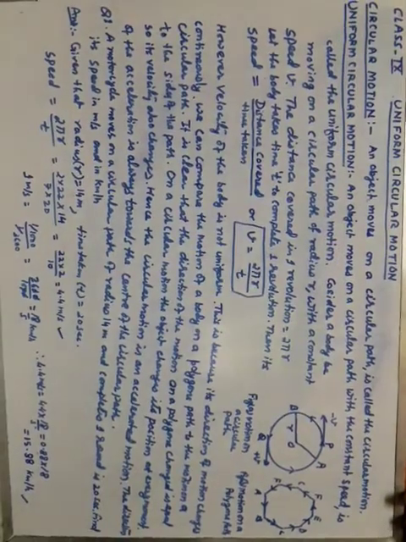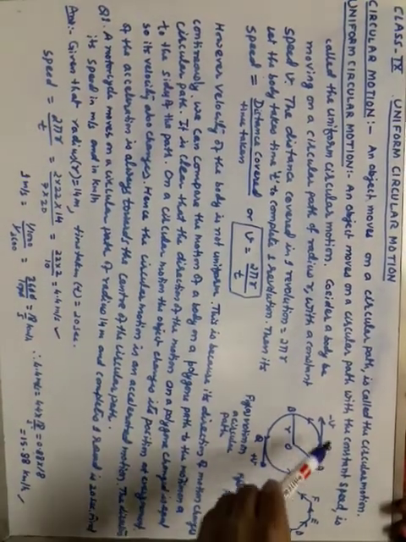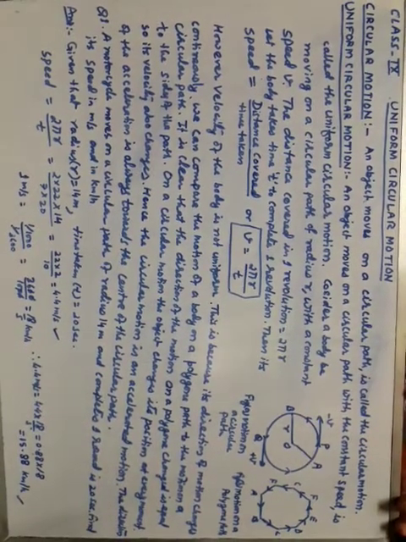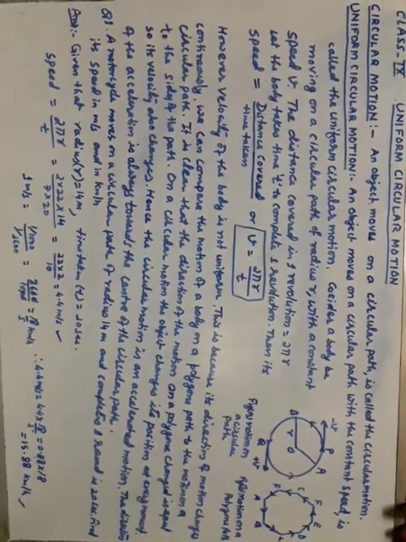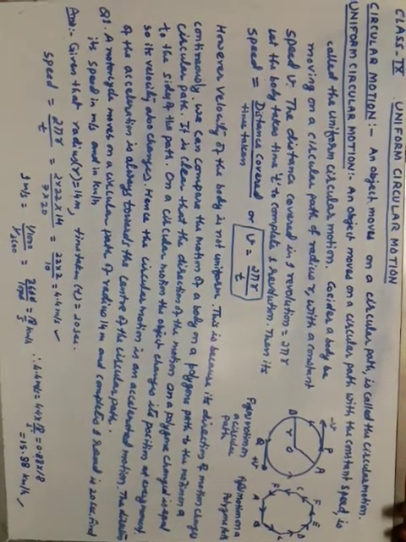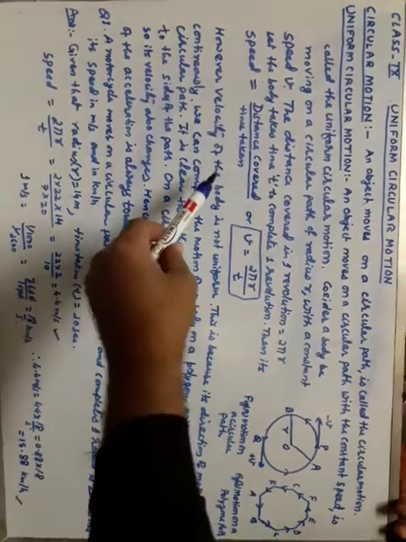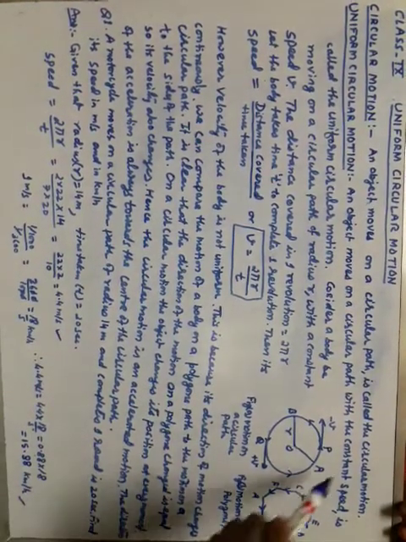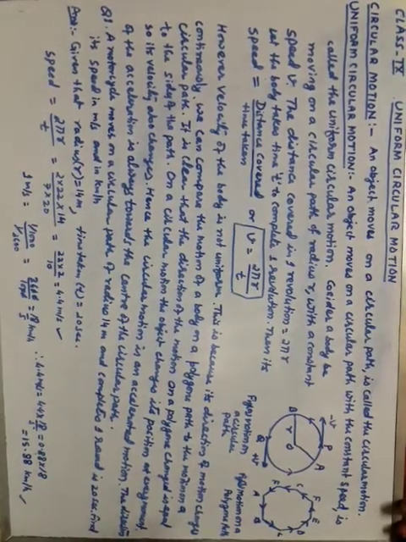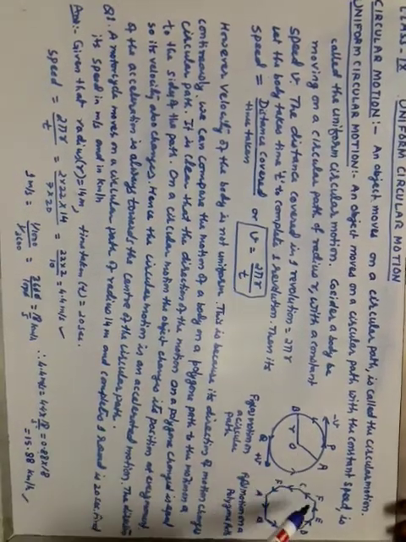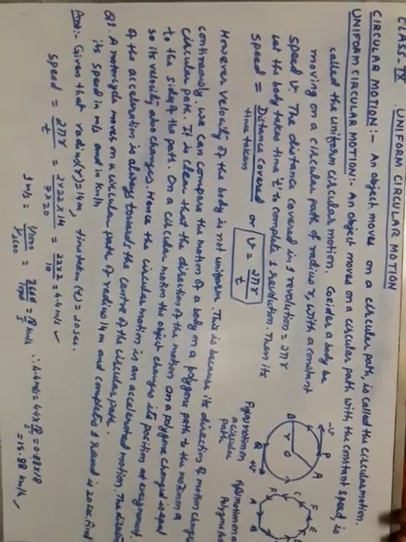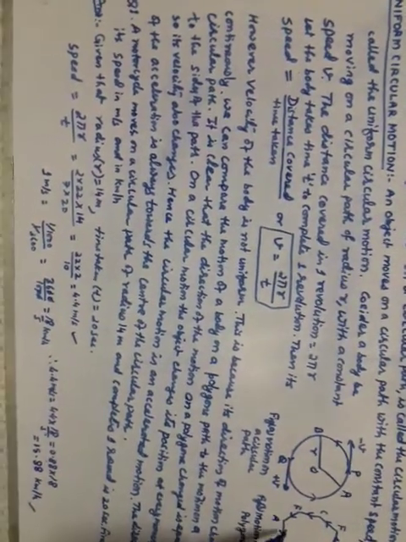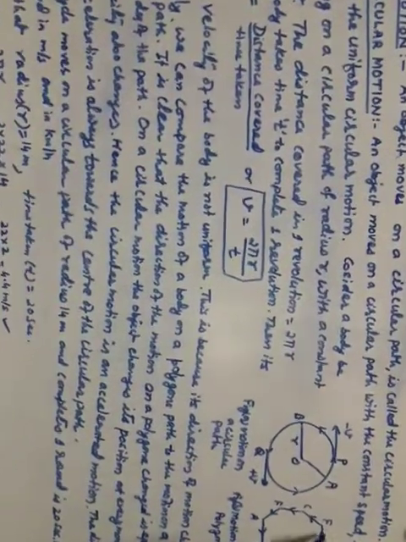Now one question is: while the object is moving on a circular path, what is our conclusion about its velocity? Is velocity also constant? No, it is not true. The velocity of the body is not uniform. This is because its direction of motion changes regularly. To understand this, we can consider a polygon. Suppose a body is moving on a polygon, so the body changes its direction as many times as the number of sides of the polygon.